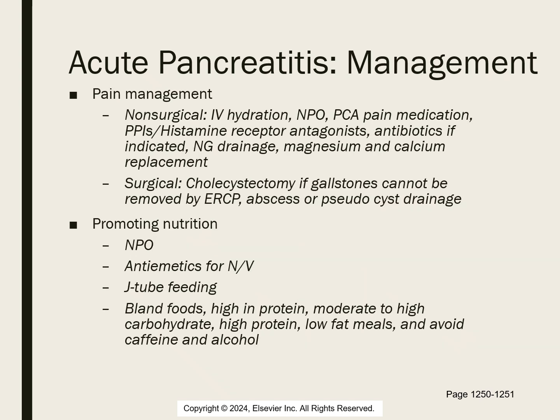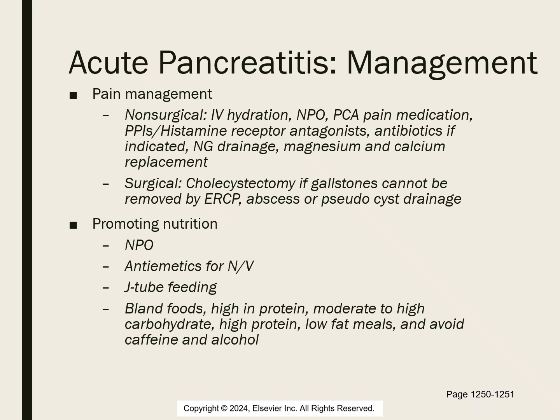Interventions are aimed at controlling pain, decreasing GI tract activity, which decreases pancreatic activity. A lot of times we're going to do an NG tube for drainage and suction, and it's going to be used for severely ill patients with continuous vomiting and biliary obstruction. Whenever we put that NG tube to suction, a lot of times we're going to do low intermittent suction, and it's going to give the bowels some rest, and it's going to take all that excess off of the stomach and relieve any kind of pressure that we might have on your pancreas,